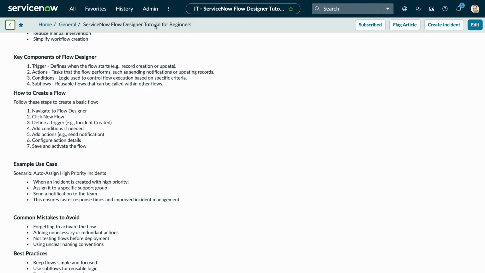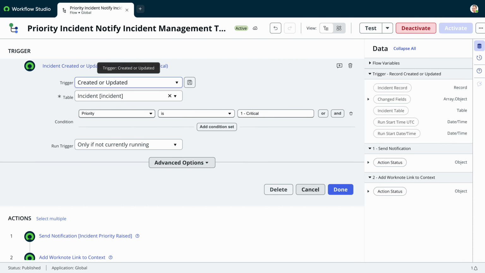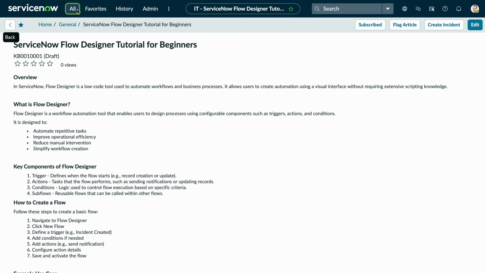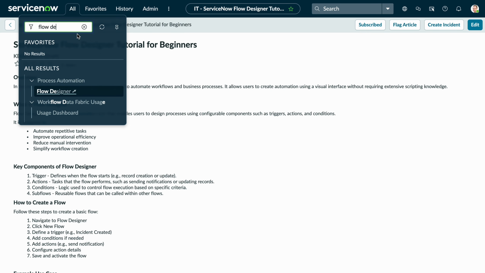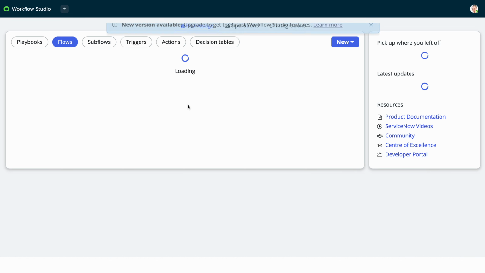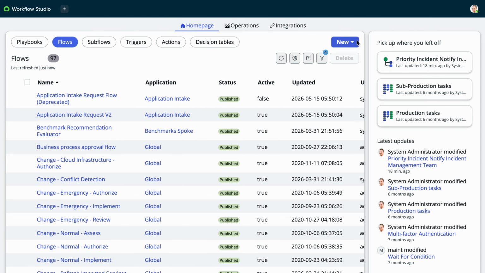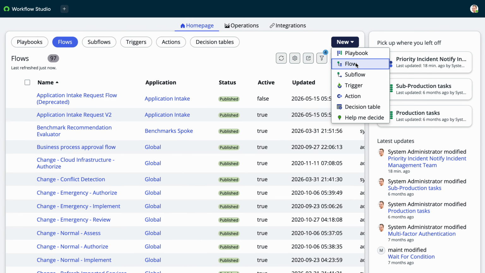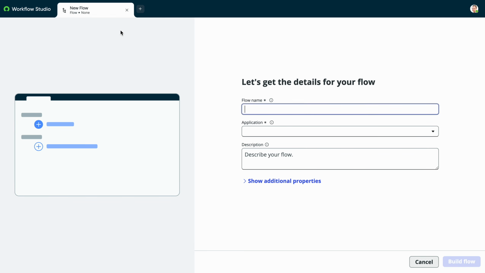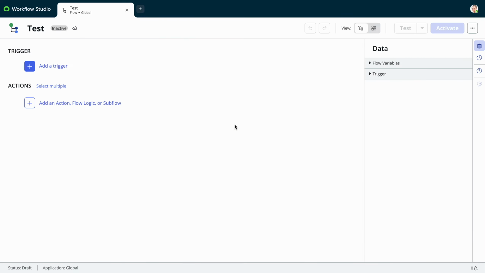So what we're going to do is go into our Flow Designer. Let me just show how we got there. Over here we're going to go to Flow Designer. Okay, and then we have our flows, and as mentioned we click New, click Flow, and this will bring up this. So we give it a name, for example, just to showcase this, and it will bring up